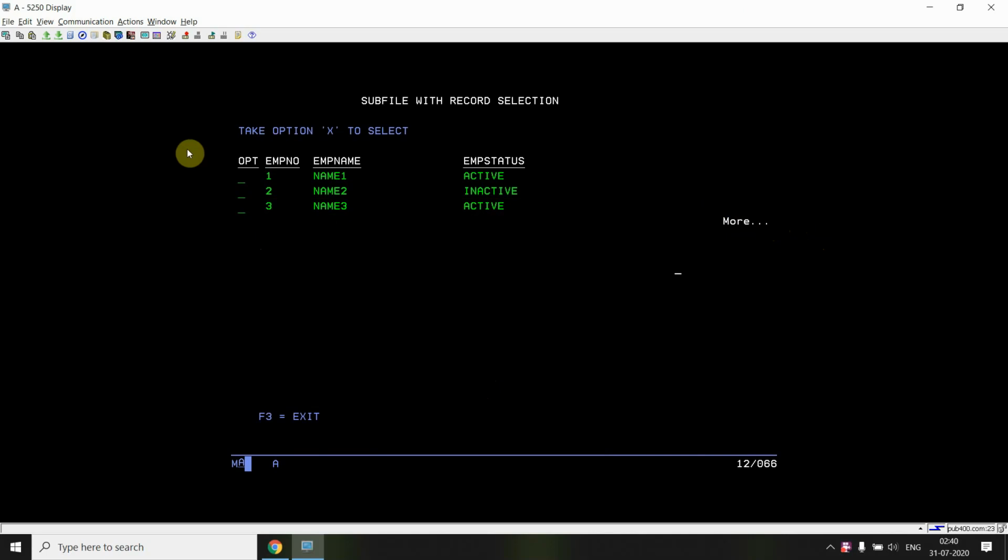So in case you have loaded, for example, till 24 lines, if you have loaded all the subfile records till 24 lines and you are using More, then you won't be seeing the last record. Okay, so in that case you won't be using this *MORE.